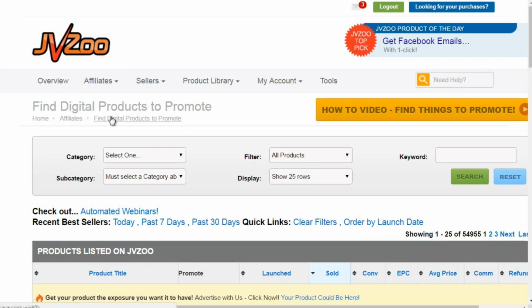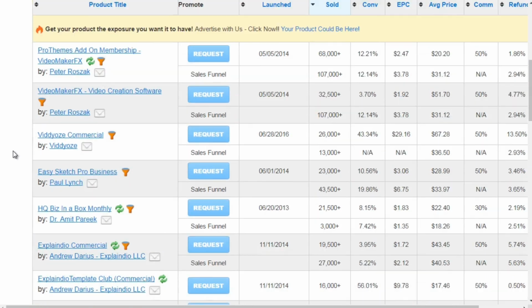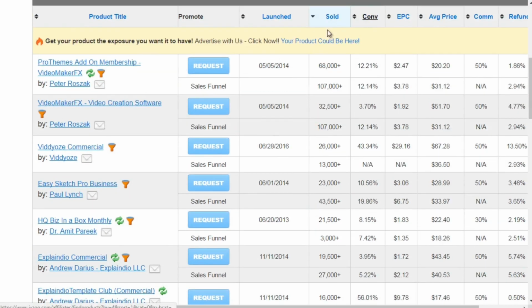Now, obviously in this case, we're looking for vendors, but this gives us some good data to get an idea of what products are being sold, the conversion rate, the EPC, in other words, the earnings per click, and the refund rate. So if you've got a product that is doing really well, but yet they have a 10, 25% refund rate or above, then you might want to think carefully, because if they are getting, let's say, a 25 to 30% refund rate,